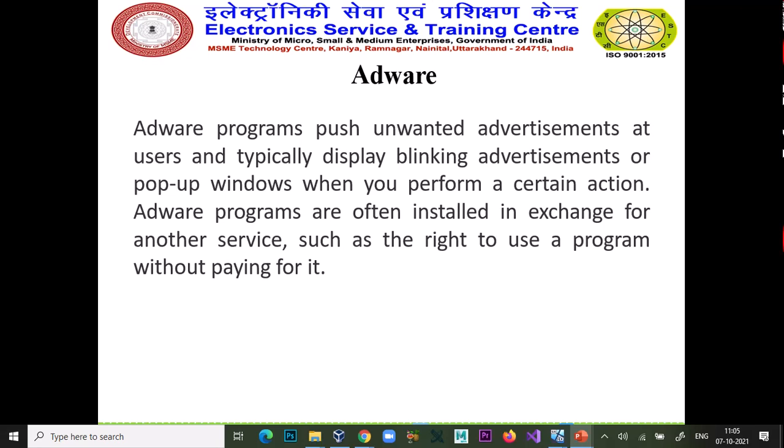Adware. Adware programs push unwanted advertisements at the user and typically display blinking advertisements or pop-up windows when you perform a certain action.